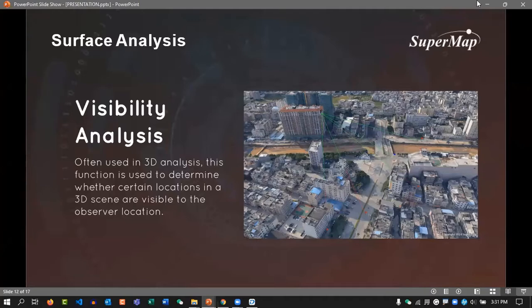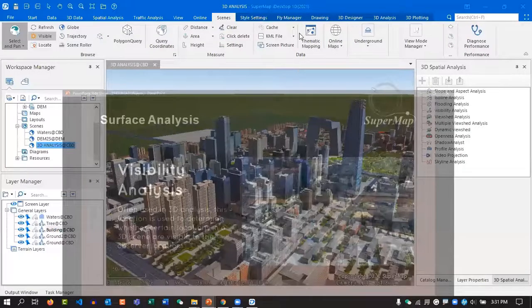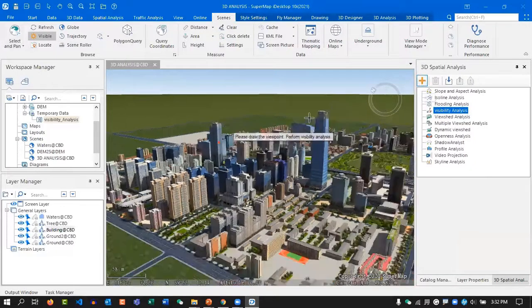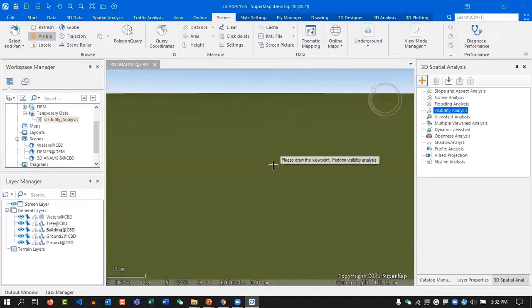So if I select the visibility analysis from here, here you can see visibility analysis. And if I select one point,